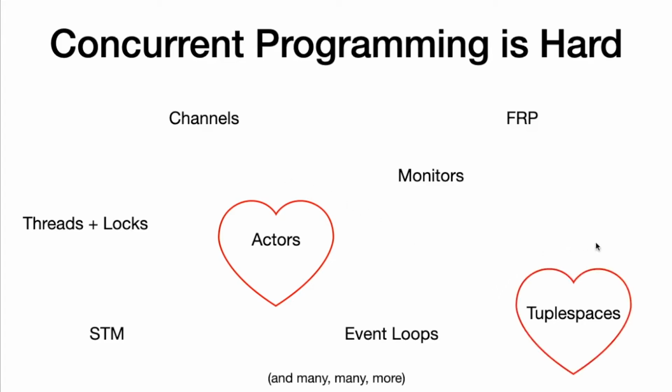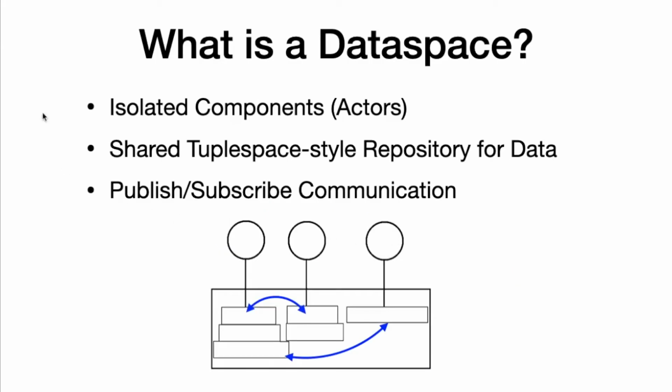On the other hand, tuple spaces offer a view of knowledge in a concurrent system that lends itself to easier sharing. The dataspace model seeks to build upon these ideas and alleviate the tension between isolation of components and their need to share knowledge. So, what is the dataspace model? From 5,000 feet, it connects actors via a restricted tuple-space-style shared memory. The restrictions serve to decouple components and implement a publish-subscribe communication pattern for routing messages, but it's really best illustrated